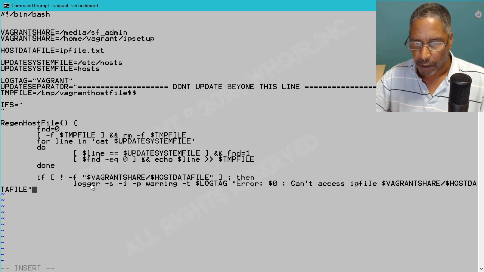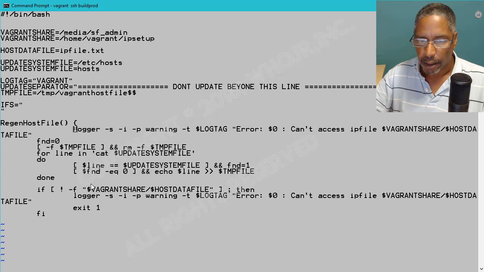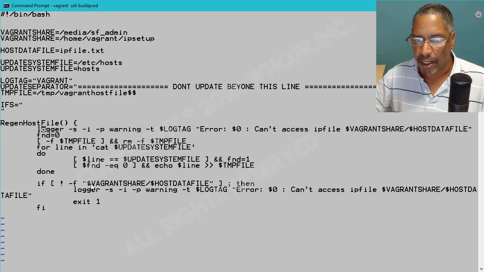Okay, we'll fix that. There we go. And if that's the case, we're going to exit out and we're going to be done. But I'm also going to grab this logger command here and come up to the very top of our function, and I'm going to pop it in. And the reason for that is simply so that we can make an informational message,